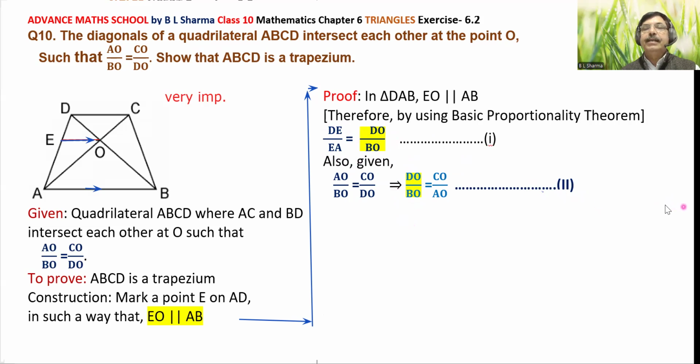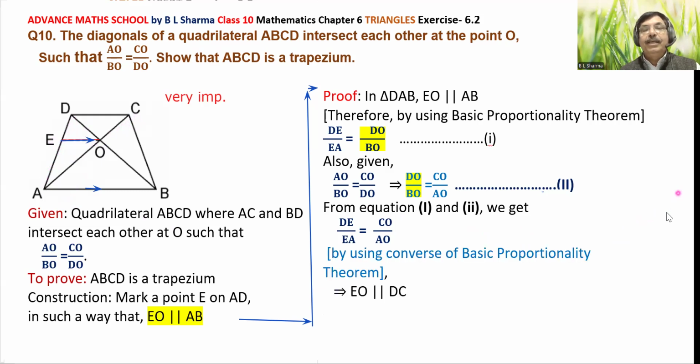So from first and second, DE upon EA is equal to CO upon AO. इस ट्राइंगल ADC में EO, AD और AC को सेम रेशियो में डिवाइड करता है। अब जब सेम रेशियो में कोई लाइन डिवाइड करती है तो हम अप्लाई करेंगे कन्वर्स ऑफ बेसिक प्रोपोर्शनलिटी थ्योरम। सो देन इन दैट केस EO विल बी पैरेलल टू DC। ये जो EO लाइन है वो DC के पैरेलल हो जाएगी। मीन्स यू कैन से